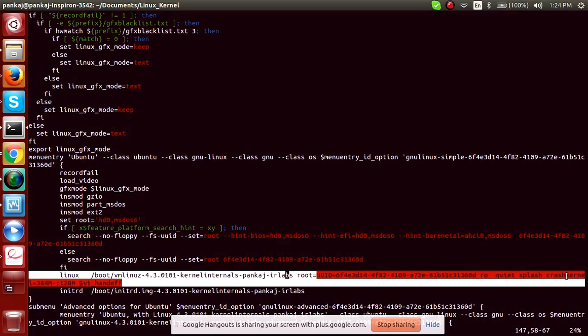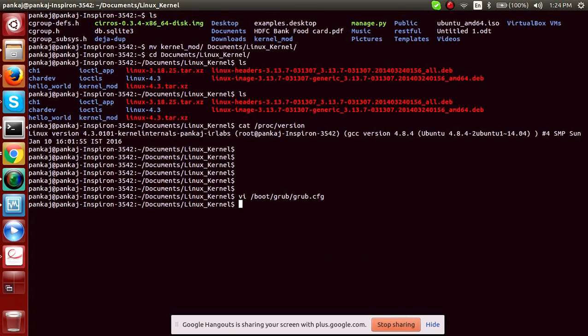Pankaj, one minute. So what you mean to say is that when you compile the kernel, we have to do a reboot, so that it picks up the existing entries in grub? Basically, when you compile it and run make install, make install copies vmlinux, abi, config and system map, these four files, into slash boot. You can see slash boot. So slash boot will have that entry.